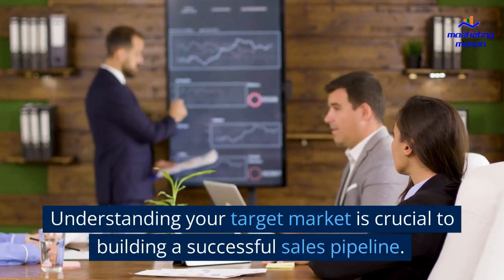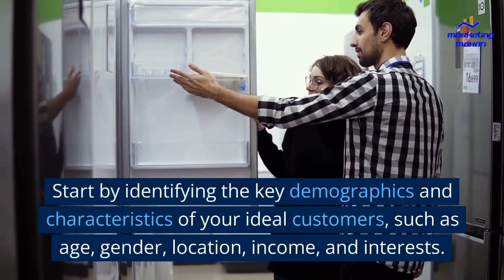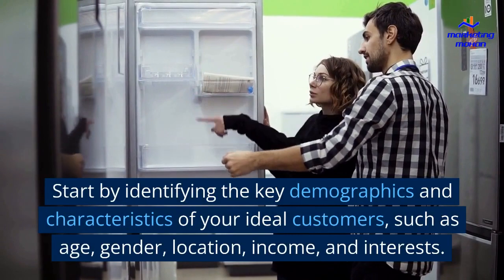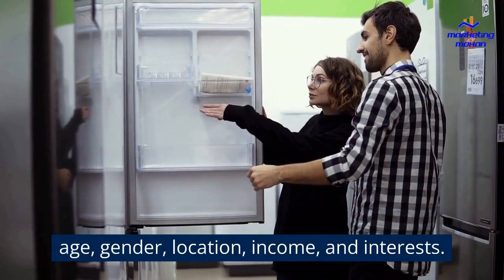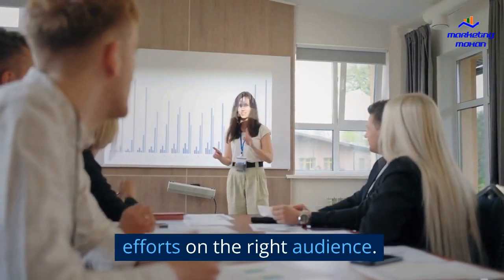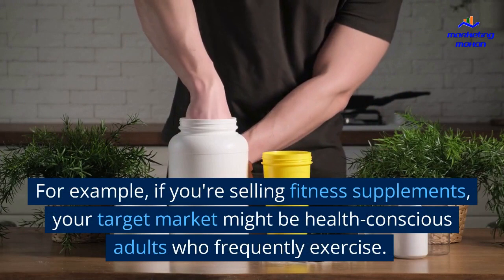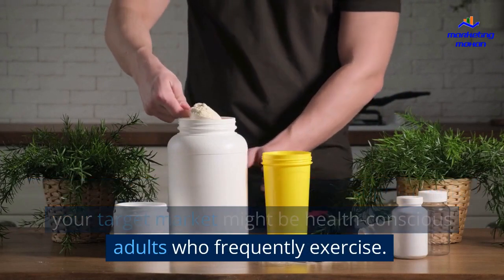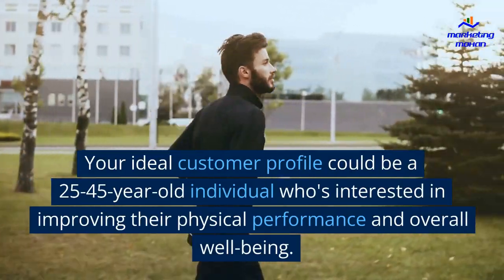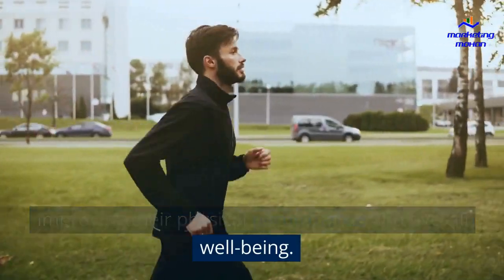Understanding your target market is crucial to building a successful sales pipeline. Start by identifying the key demographics and characteristics of your ideal customers, such as age, gender, location, income, and interests. This will help you focus your marketing and sales efforts on the right audience. For example, if you're selling fitness supplements, your target market might be health-conscious adults who frequently exercise. Your ideal customer profile could be a 25 to 45-year-old individual who's interested in improving their physical performance and overall